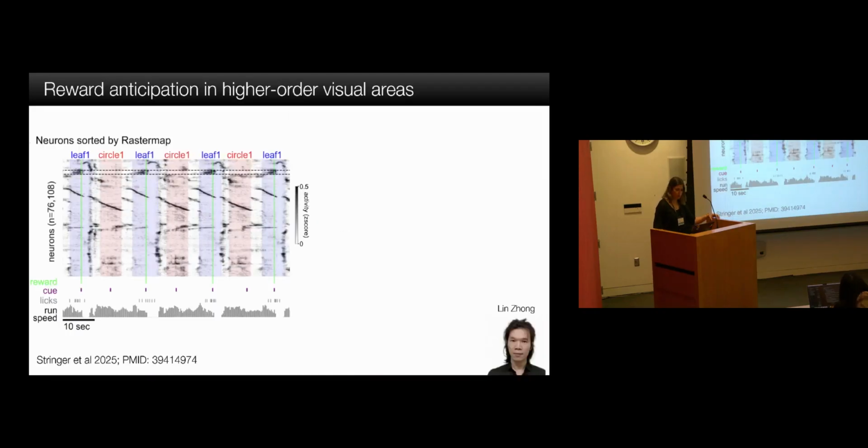Maybe I'll quickly show this. We also found a substrate for supervised learning in these higher order visual areas. We found neurons that seem to ramp up to the time of the reward, which is this green time here. These are neurons by time, sorted by Rastermap. I think some of you have used Rastermap this week as well. So basically, you can see these